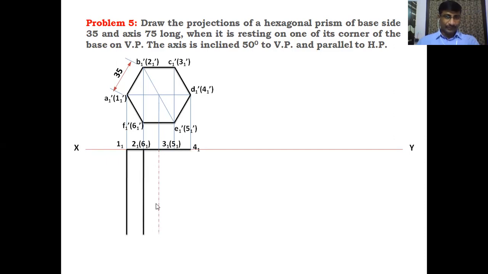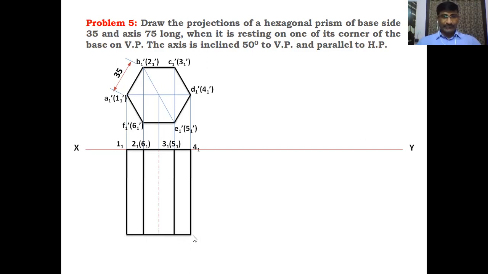From the center point, the axis line is drawn like this, one long and one short, as a dark line. From 3,1 of 5,1, and also a dark line from 4,1. These lines should all be equal in length, 75 mm. Okay, join all the points here. We will get the other base of the prism.